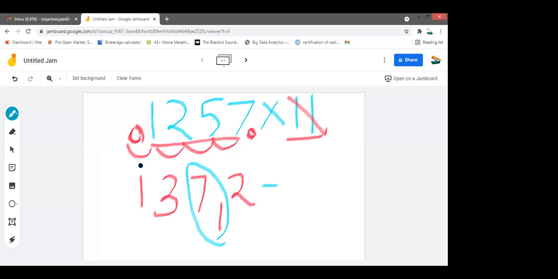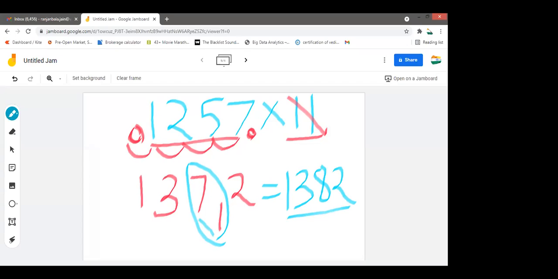This means you don't remember the first day's process. See, Vedic maths is a continuous learning process. It's not like you learned today and forgot tomorrow. It should not happen like this. So it will be 7 plus 1, 8 and 2. So it is 1, 3, 8, 2. Now clear, Vedant?